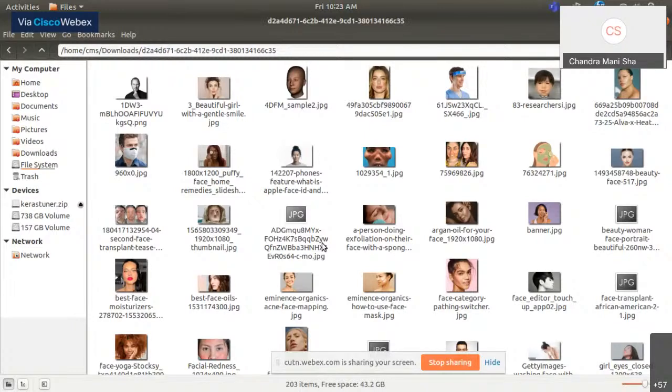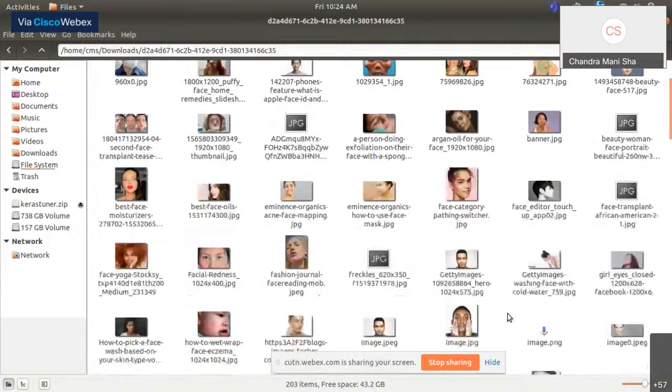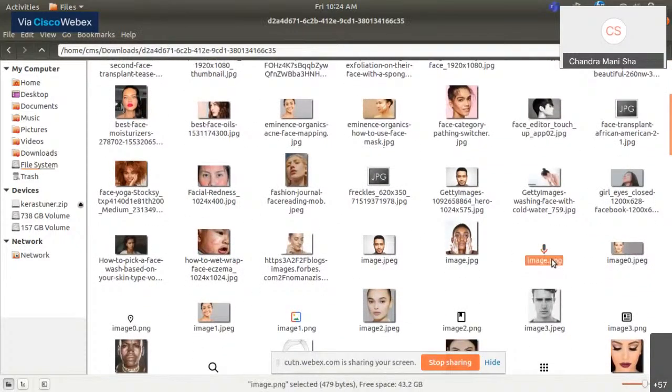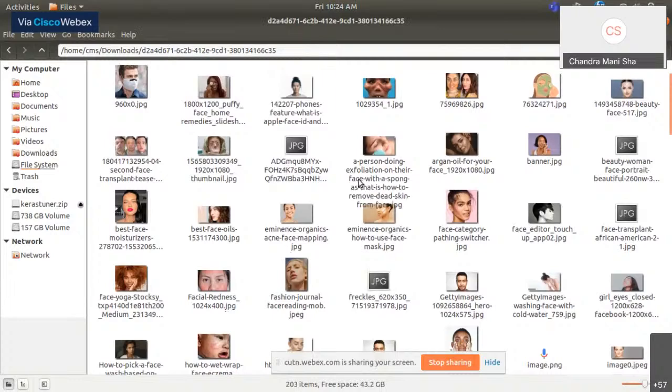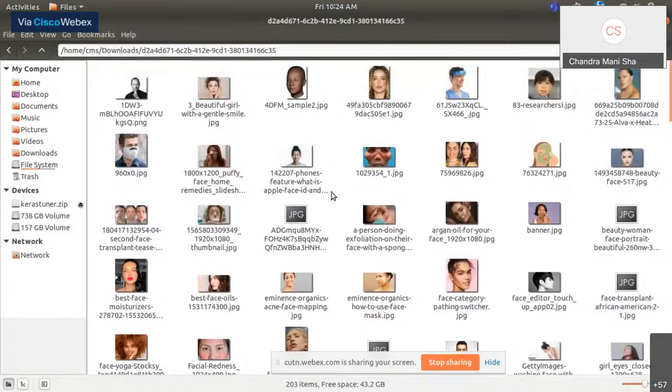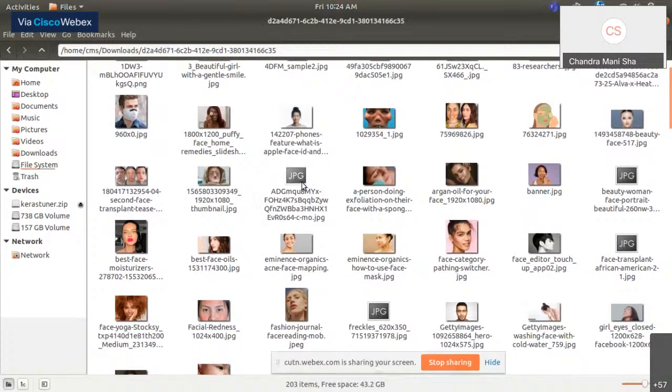Okay. So these are the images, but there is a problem with this data set because it downloaded everything which was available on the page. So there are some images that may not belong to a face. Like this is one example of that. This is another example, and this is something like this. I'm using Ubuntu, and it is showing me the thumbnails. It is a good idea that for the images for which you cannot see a face thumbnail, delete those images. This is something that you require for data cleansing, because you are downloading it from the internet,